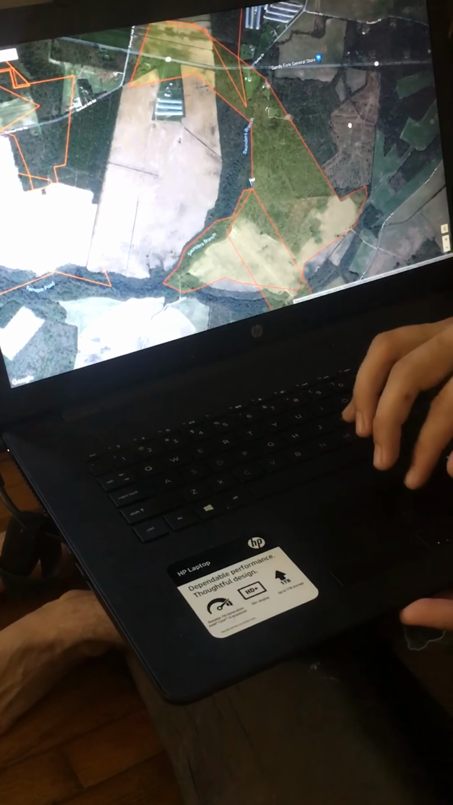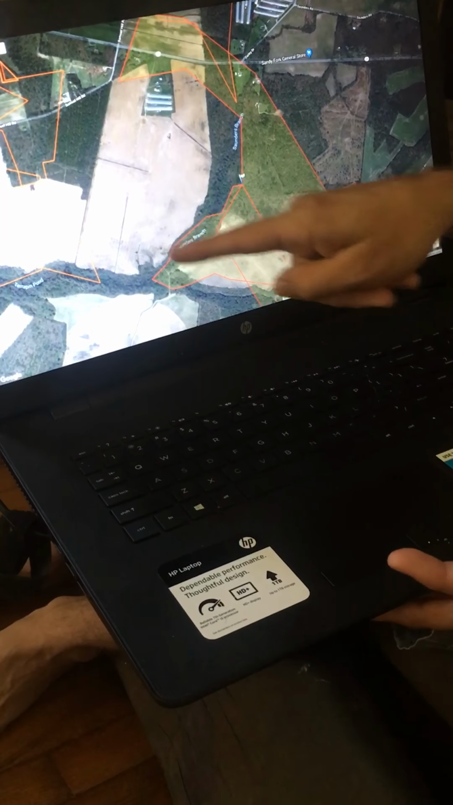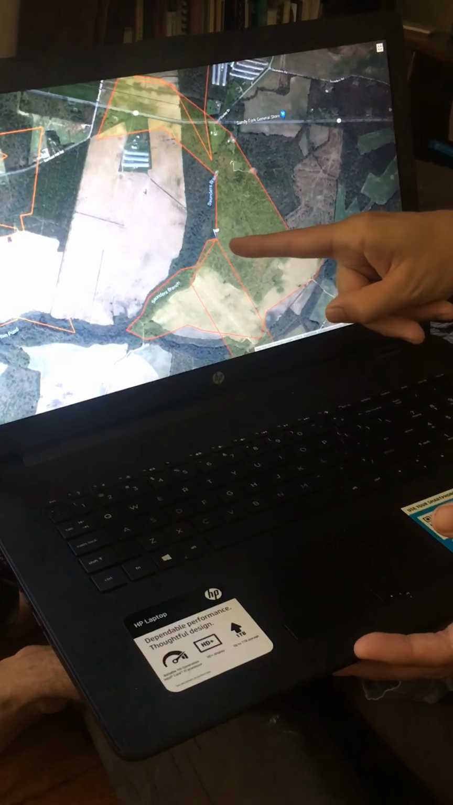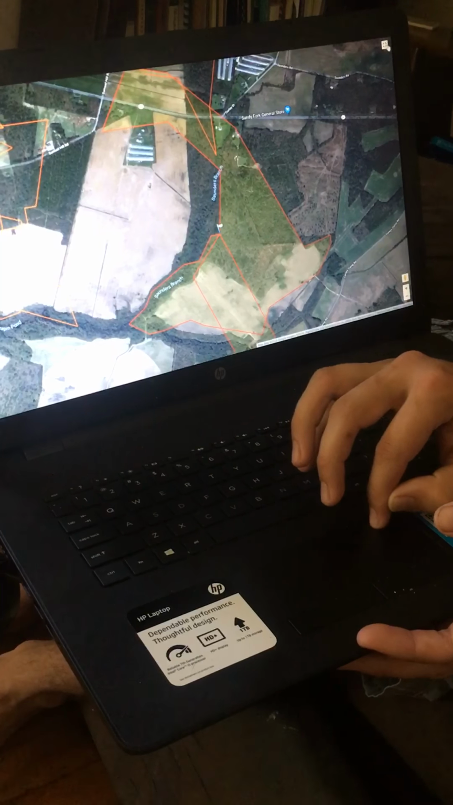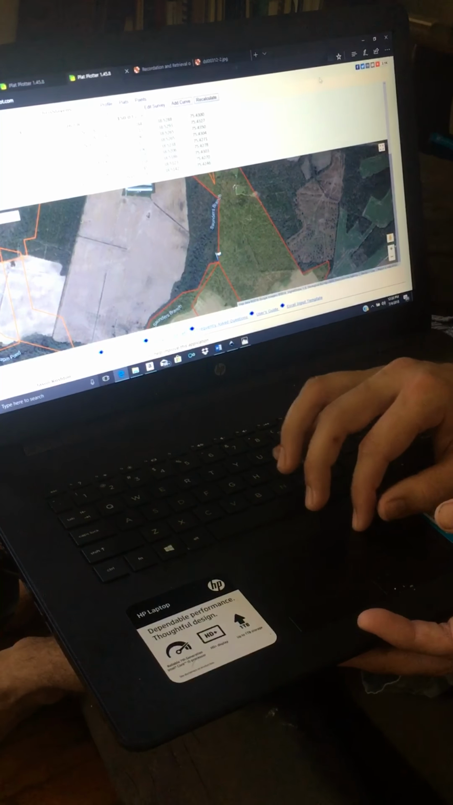These boundaries are based on the descriptions of the original survey, which are given in lines. And so you will have a starting point, which in this case is my little flag, and then it will give